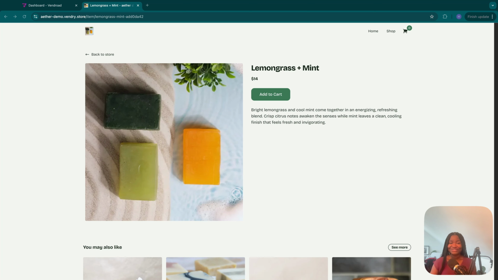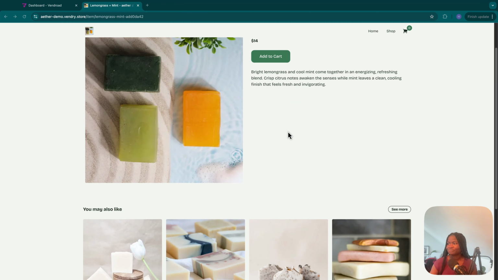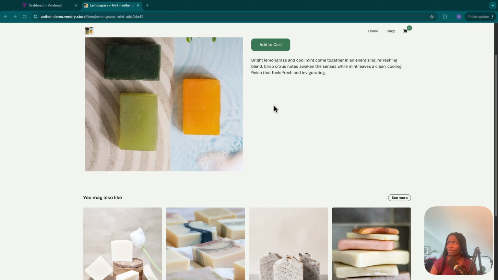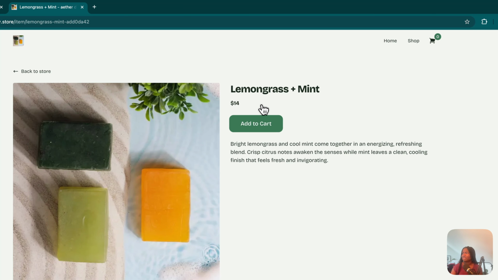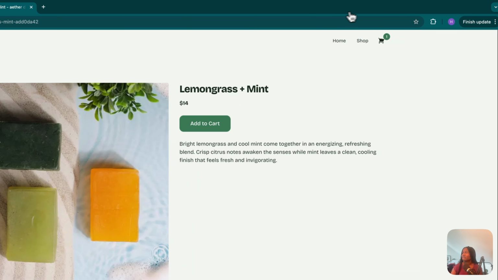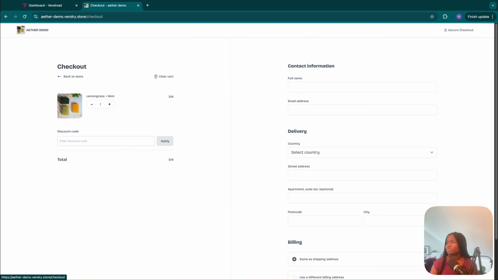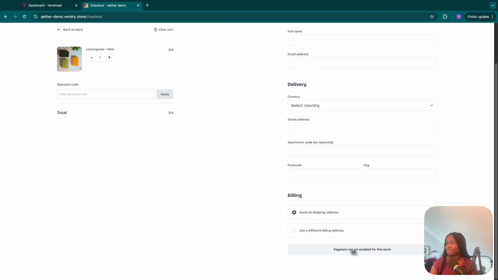Hello there. So in this video, we'll be going through how to set up payment on your online store. So this is an online store created using Vendroad. It's a shop for subs, but we don't have payment connected yet. If I were to add a product to my cart, checkout, you will see here that payment is not yet